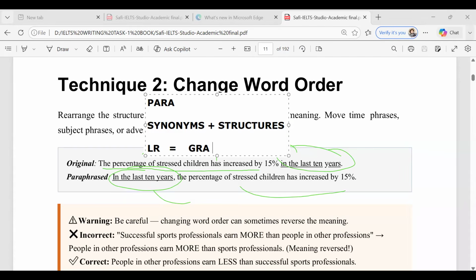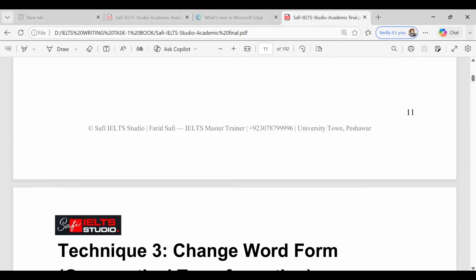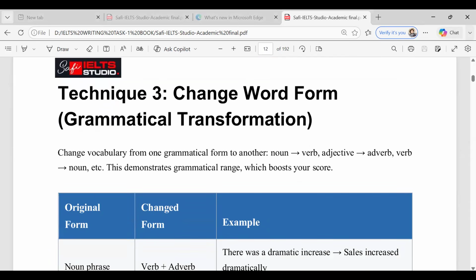तो आप लोगों ने क्या करना है? You have to bring changes in both. आपने सिनोनिम भी इस्तेमाल करने हैं और साथ में ग्रामर जो स्ट्रक्चर है उसे भी चेंज करना है। अब ये जो है, like we brought some changes in the structure, clear? तो इसके थ्रू आपके मार्क्स किस चीज में इंप्रूव हो रहे हैं? GRA में, ग्रामर में। Yes, sir. तो आपके सिनोनिम इंप्रूव, लेकिन एक स्टूडेंट बिल्कुल लकीर के फकीर लिख रहा है, तो फिर आपके स्कोर चेंज नहीं हो सकते।